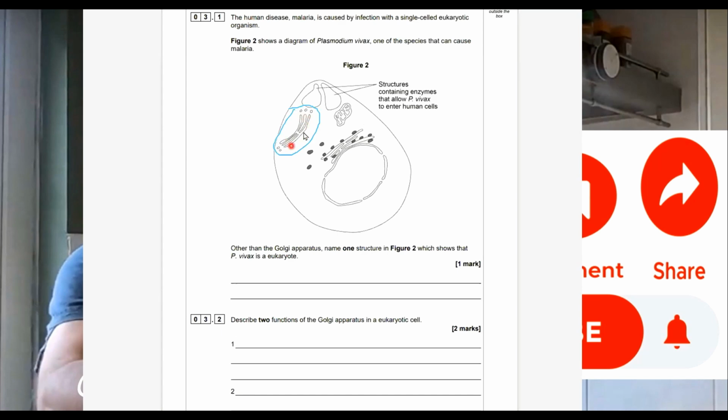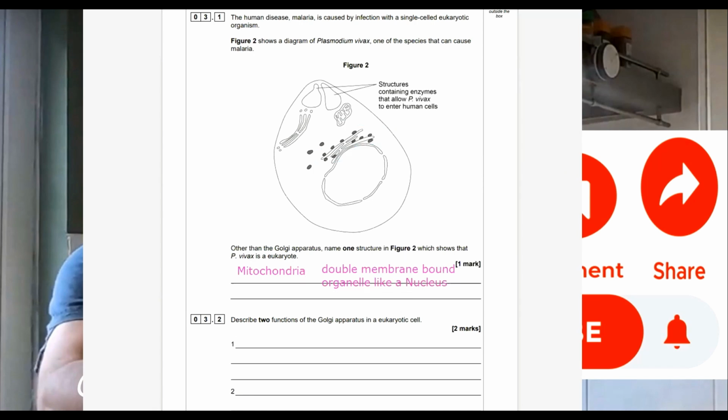vivax is a eukaryote. You can see the Golgi apparatus here. Some of the structures you would only find in eukaryotes, like mitochondria here. Mitochondria have a double membrane or an envelope with cristae on it. Then we've got the nucleus, which has a nuclear envelope, so another double membrane bound organelle. Any double membrane bound organelle you can see in this diagram. We've also got the rough endoplasmic reticulum, which is not double membrane bound, but not found in prokaryotes, so only